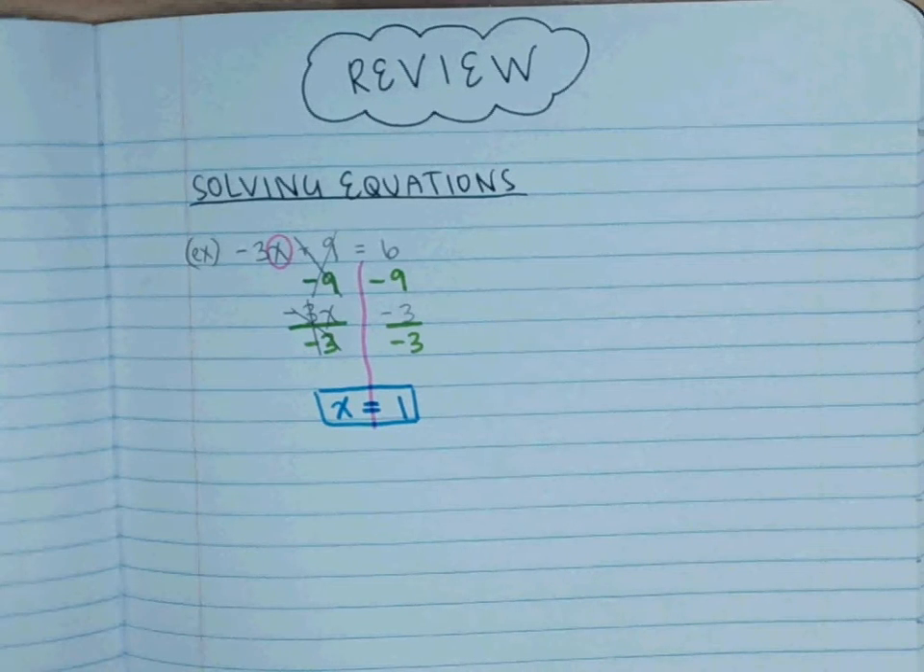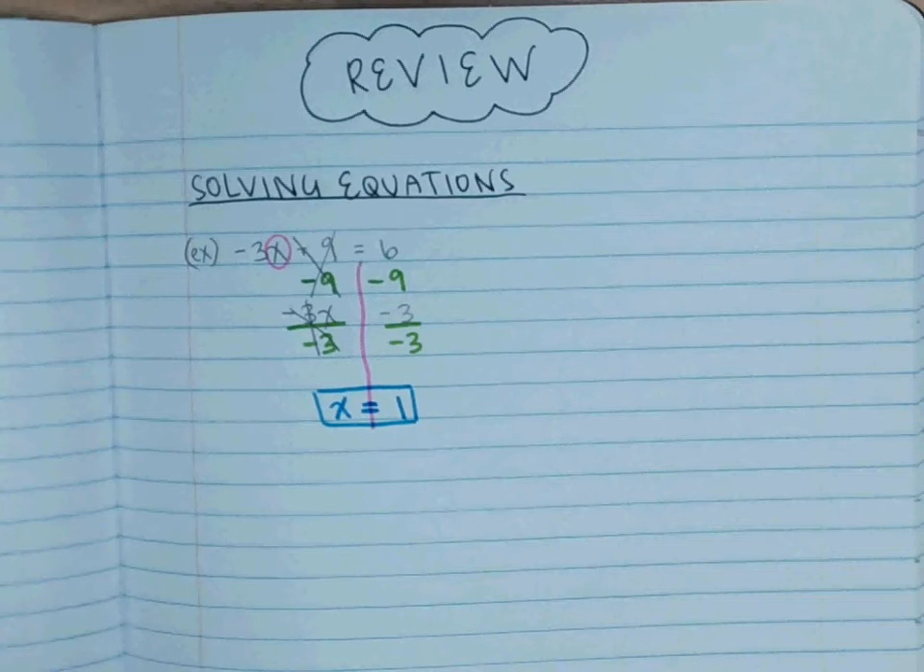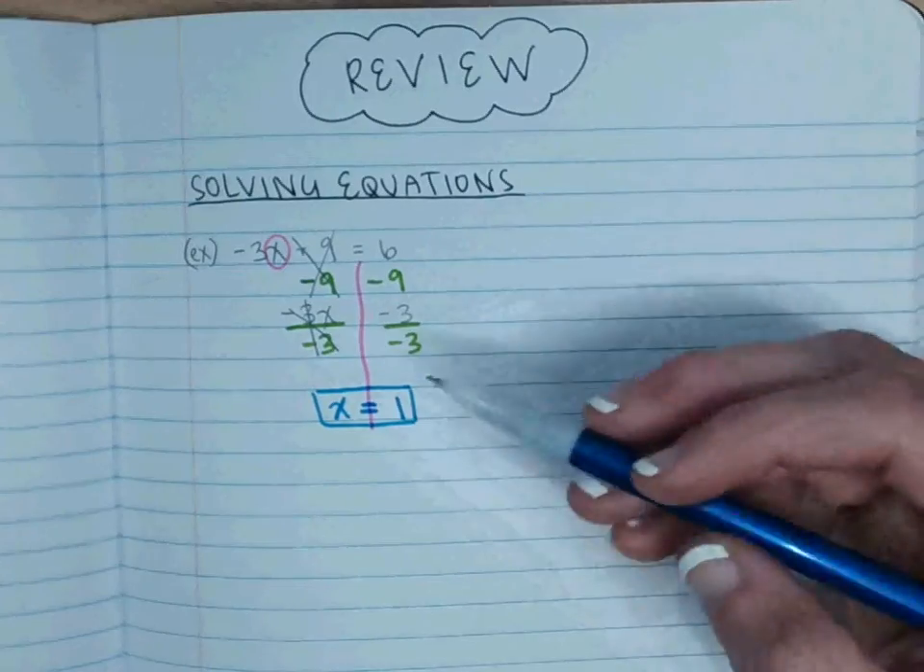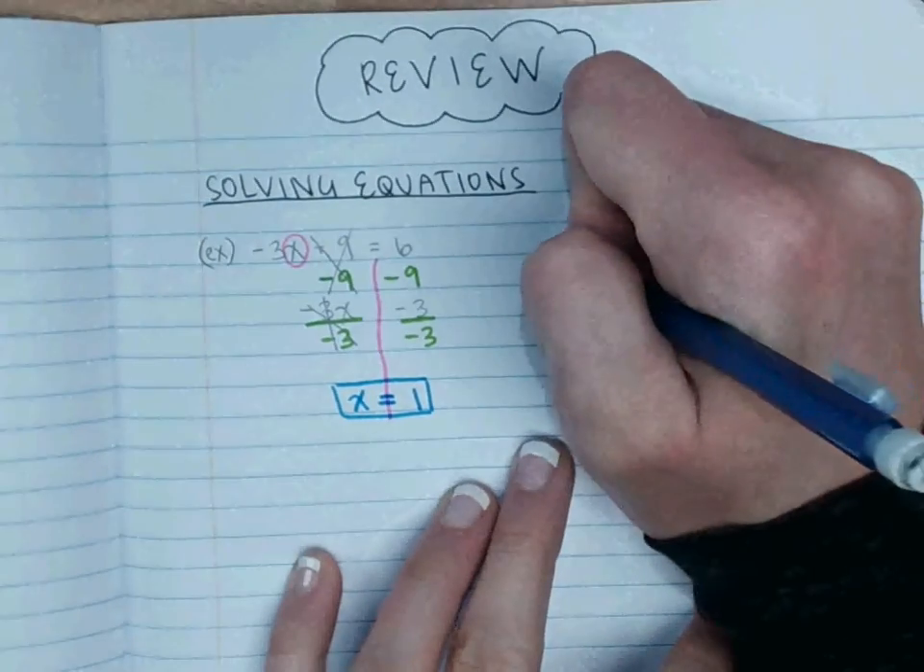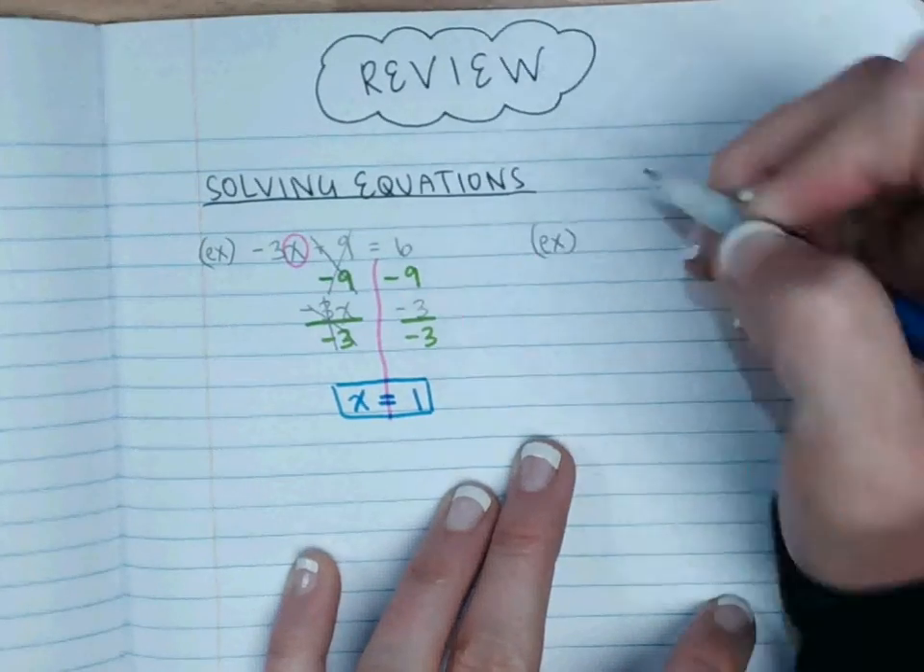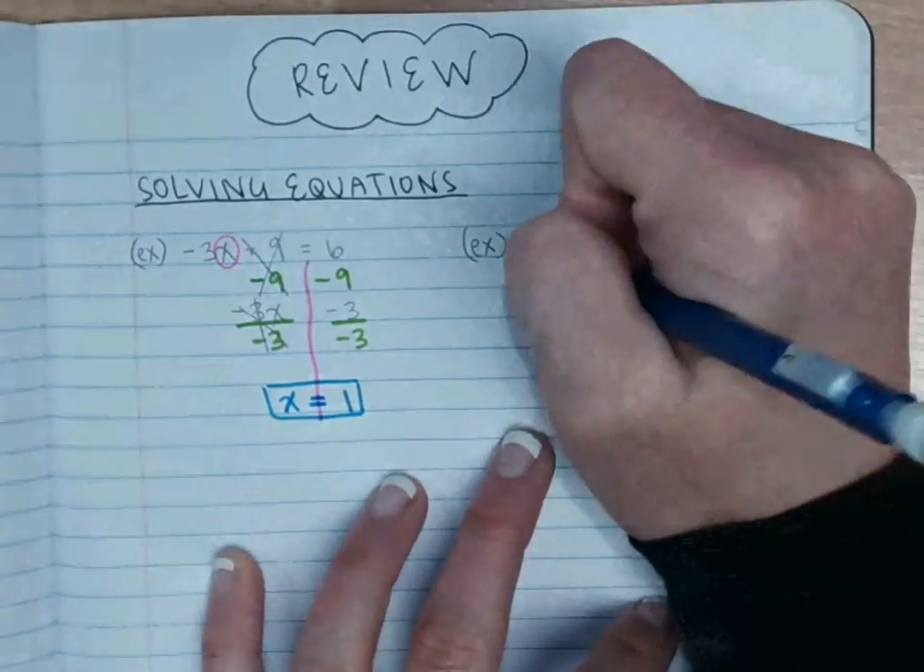Remember, on these, you are more than welcome to use a calculator. If you do not have one, then you can use a Google calculator and use that to help you solve these. The next example that we're going to do is going to be negative 24